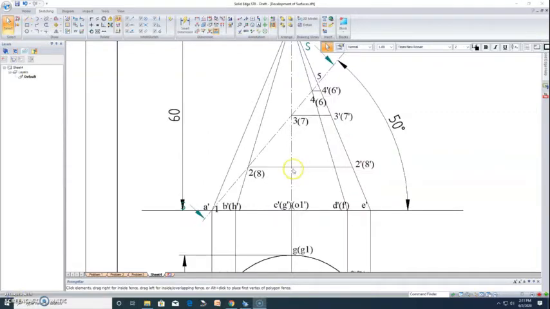Now let us split the generator at all the splitting points. So I'll use the split option.